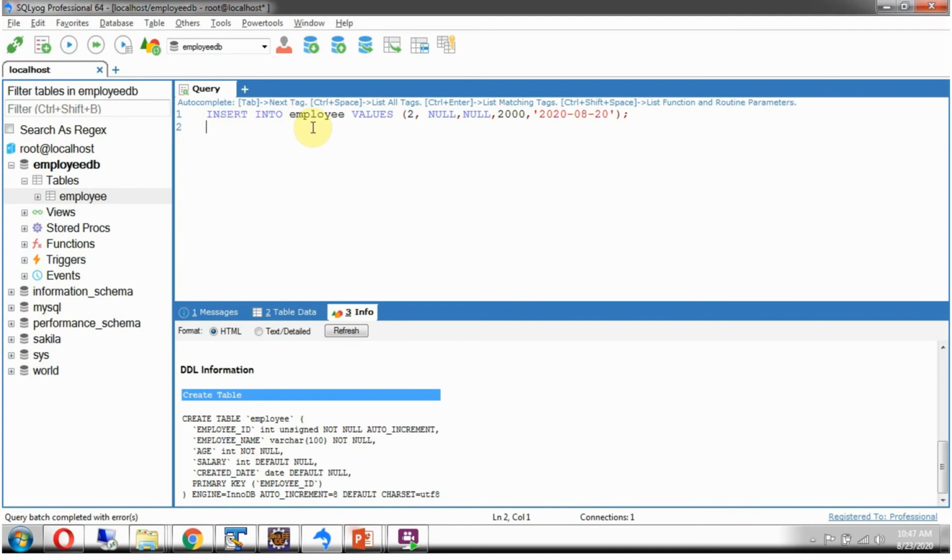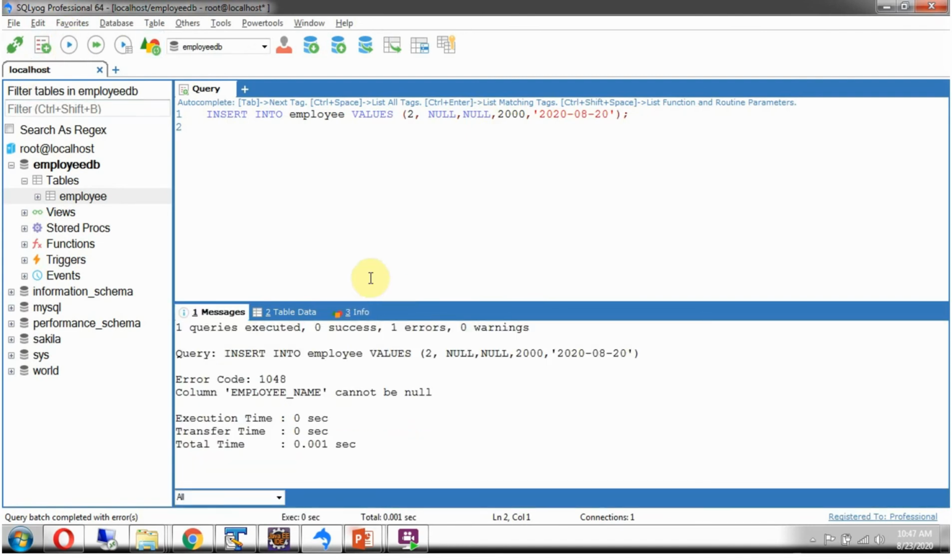And here I am trying to insert one employee record in the employee table with employee name value as null and age value as null. We will see what will happen. It failed, and it is saying the employee name column cannot be null. I will put some value. Then again I am executing,